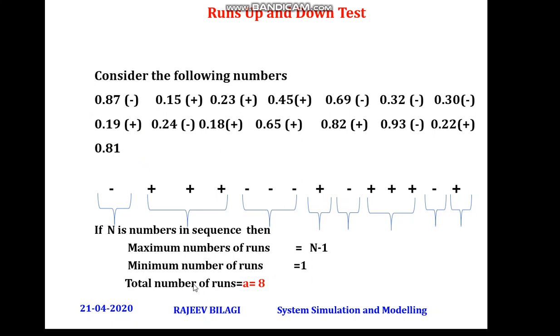Okay. So now the total number of runs: this is the first run, this is the second run, this is the third run, this is the fourth run, this is the fifth run, this is the sixth run, this is the seventh run, this is the eighth run. The common tendency of students is that sometimes they mistake the number of runs and the maximum number, that is the length of runs. This is represented by capital N. After calculating this, your job becomes very, very easy, finding out N, then the length of run. Okay, in the next slide we are going to see the different methods.